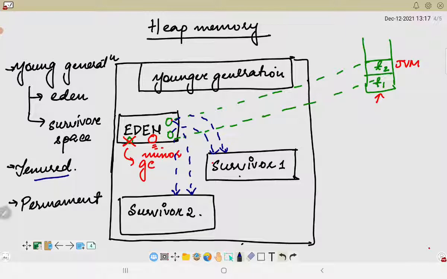Even from the survivor space there might be some objects that are deallocated later. So if I apply garbage collection here, these objects would also be removed, and if an object remains, it would be pushed to the tenured space. So this is the entire working of the heap memory.